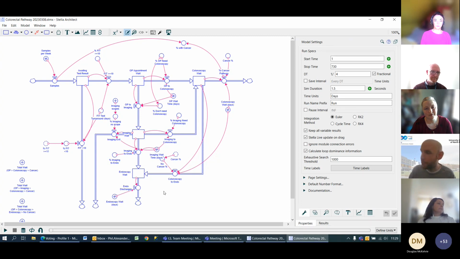Just to point out, before I go to the interface, it's still very much a work in progress, and we're not quite confident about it, as it's not running in equilibrium. So we do think there is a bit more work to be done on the model, but nevertheless, I'll go to the interface.